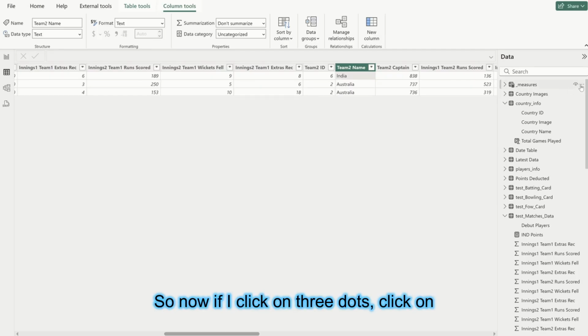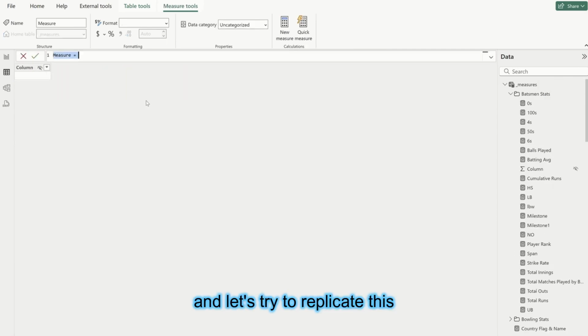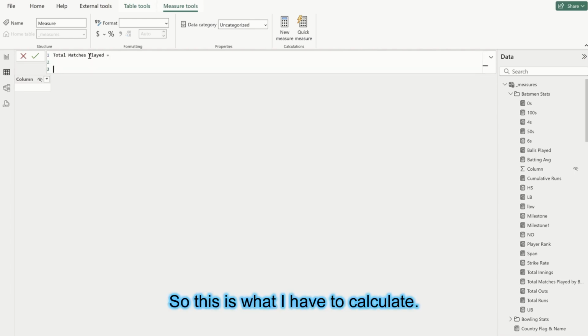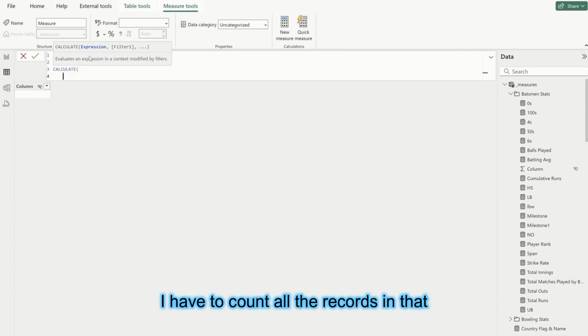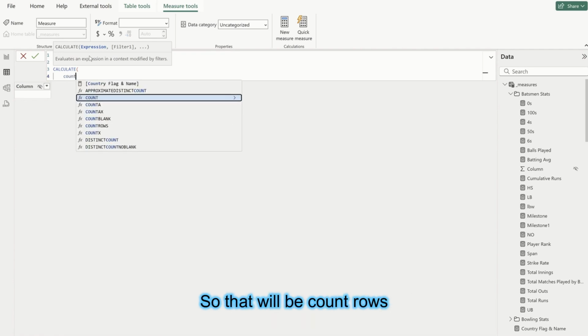All right. So now if I click on the 3 dots, click on new measure, and let's try to replicate this. Total matches played, right? So this is what I have to calculate. Now it will be CALCULATE. I have to count all the records in that particular table whenever my country, whatever is filtered, is equal to the country in those values in that particular column. So that will be COUNTROWS,